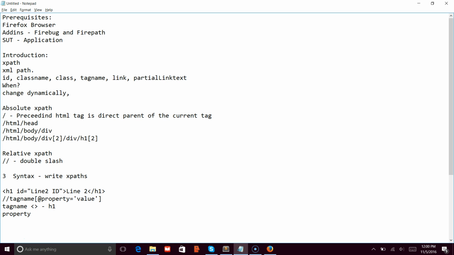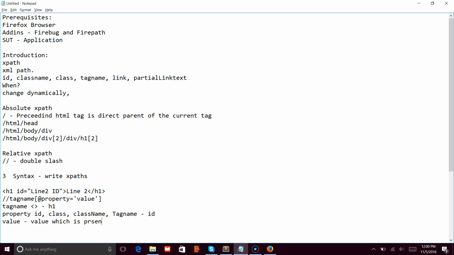And property could be anything like ID, class name, tag name, like that. It depends on what the developer gives. In this example, we have given id, and value is basically